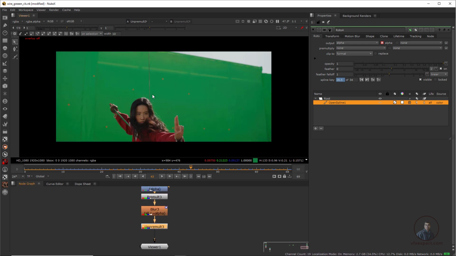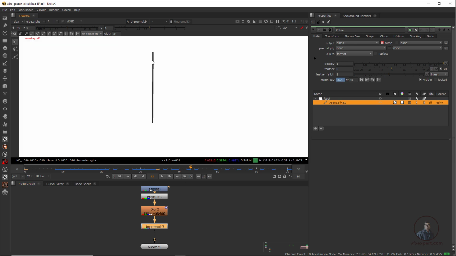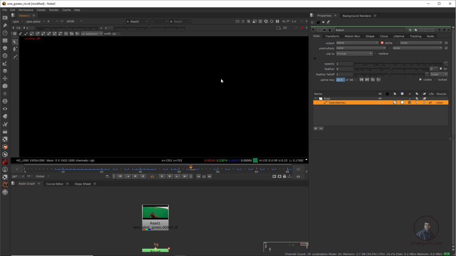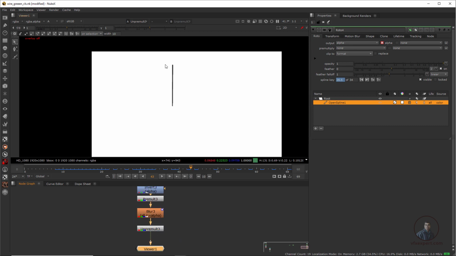So before starting removal of this wire, first we have to clear this black area or this alpha here. Because in our original shot, if you check, select this one, press 1. Now if you press A, it is clear here. Then we can start with our roto shapes here. But after this tree, if you see, again select this one, press 1. So now here we are getting this thing.